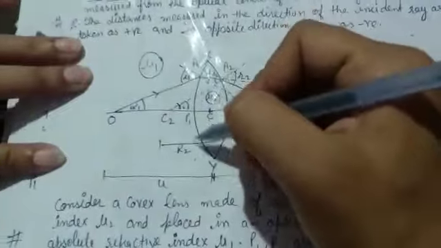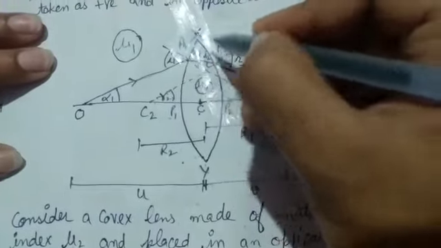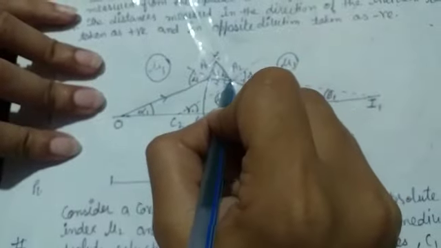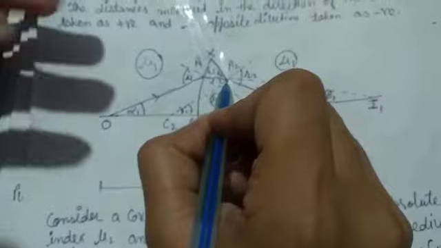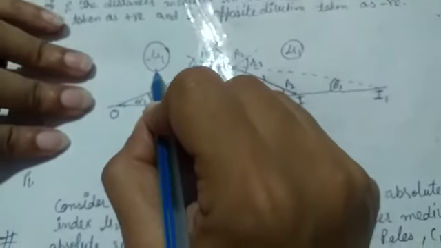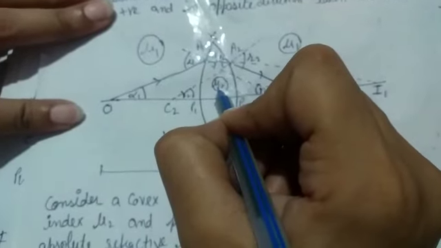So this is a lens, XY is a lens. Here O is an object situated on the principal axis and makes an angle alpha 1, and when the ray of light passes through the lens, then there is another medium, and after that it comes outside of this medium from the lens, and this is the same medium as the first medium. So there are two mediums, mu1 and mu2, which are denoted by these terms.